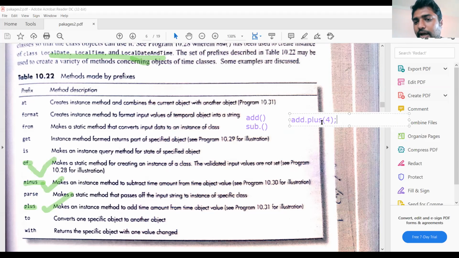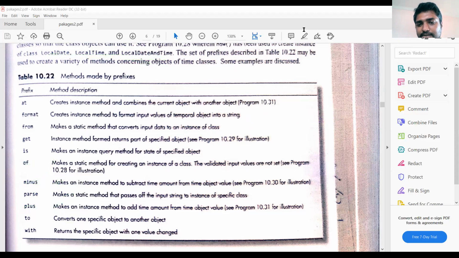For the 10, we are adding the plus, 10 plus 4, 14. So 14 will be displayed as output. These types of methods are known as prefix methods. We can add these prefixes to any method, either addition or subtraction. That is the advantage of these prefix methods.